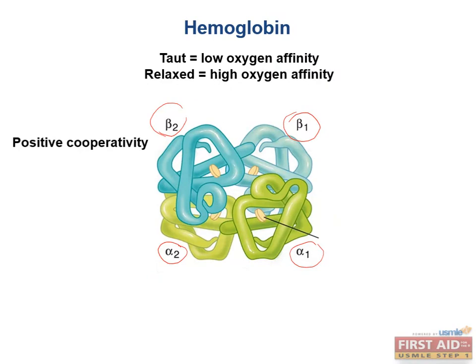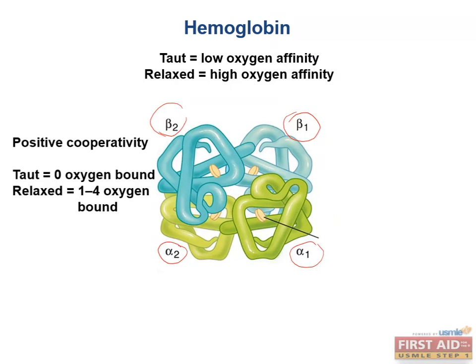So the only time hemoglobin is in the taut state is when there's no oxygen bound, and it's relaxed when 1 to 4 oxygen molecules are bound. This explains the sigmoidal curve to the oxygen hemoglobin dissociation curve, which I'll show you in just a bit. Negative allostery occurs when something like 2,3-BPG binds to hemoglobin, stabilizes the T or taut form, and reduces its overall